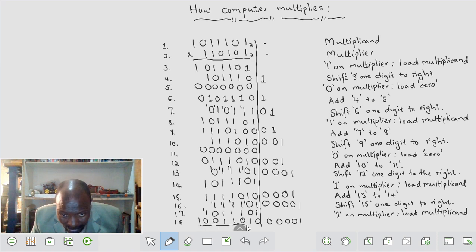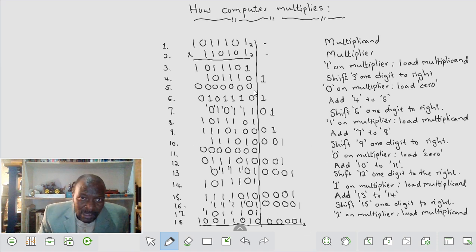That there is our answer. If you look, our answer is obviously going to be in base 2. Everything here is in base 2. This is basically how our computer will do this. Let's see if I can actually say, on the right-hand side there, on the left-hand side here,